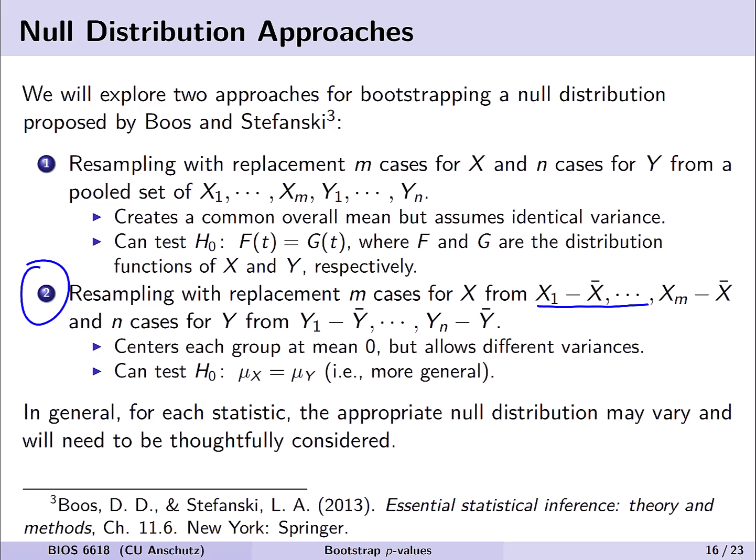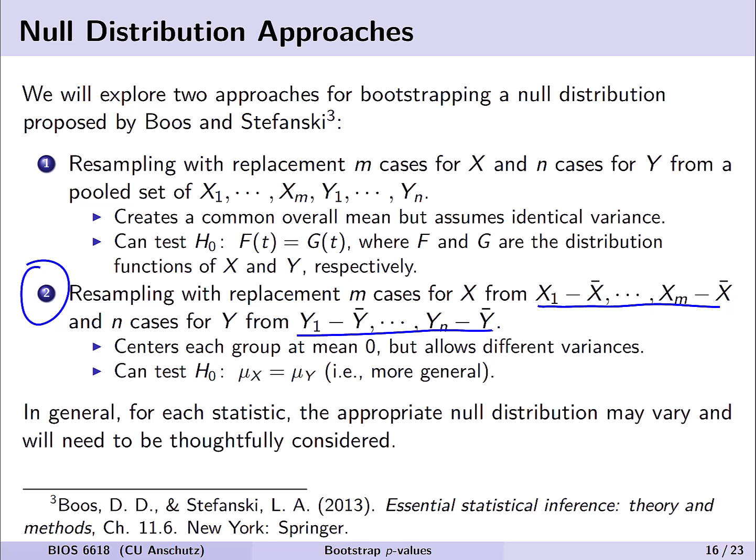So we see, for example, our x's become x1 minus x bar, x2 minus x bar, up to xm minus x bar. And likewise, for the y observations, we'll do y1 minus y bar up to yn minus y bar. And we'll resample within each group the respective sample size of m for x and n for y. What this does is that it centers each group mean at 0, so when we're thinking about comparing the means of the 2 groups, there should be no difference, but by not pooling them together overall, it does allow them